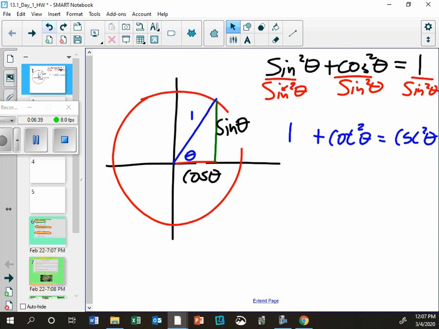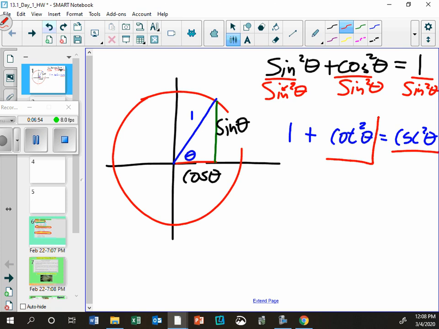This blue fact is going to come in handy when, for instance, they ask you to prove something and they have cosecant squared in the problem. You'll be like, well, I know that cosecant is this, so I can put that wherever I see the cosecant. You're swapping. Like if you see 50 cents in a problem, you can pull that out and put in 1/2 of a dollar. If you see 6 inches, you could pull that out and put in 1/2 of a foot. You're just pulling out one thing and putting in another that's equal. That's called a substitution. You can do that. So wherever you see cosecant squared from now on, you could put a 1 plus cotangent squared.